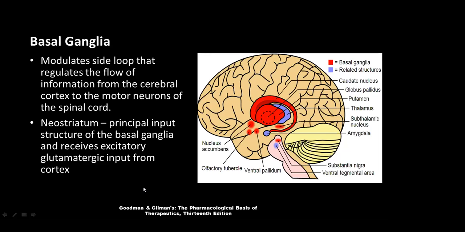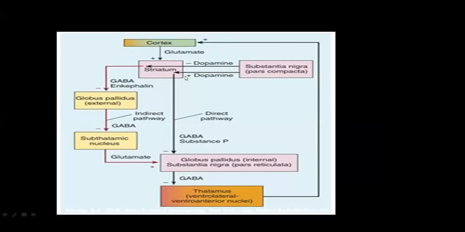So this is the normal circuitry of the basal ganglia. It involves three important structures: the cortex, the basal ganglia, and the thalamus. As you can see here, as was previously described, the cortex provides an input to the striatum and uses glutamate as the neurotransmitter. Remember, the striatum is composed of putamen and caudate. And in this area of the basal ganglia is where predominantly the receptors of dopamine are commonly found, especially the D1 and D2 receptors.